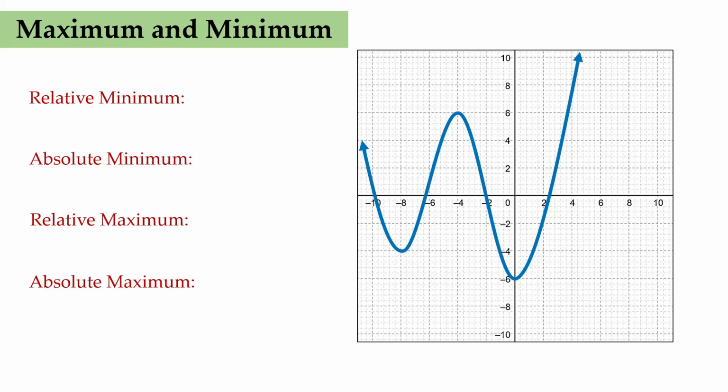All right, so that's it. Relative minimum, if your answer is at negative 8 and negative 4, your answer is correct. Absolute minimum, I think that's obvious here. It is at 0 and negative 6. Relative maximum, okay, what is that? That's negative 4 and 6. Now for the absolute maximum,